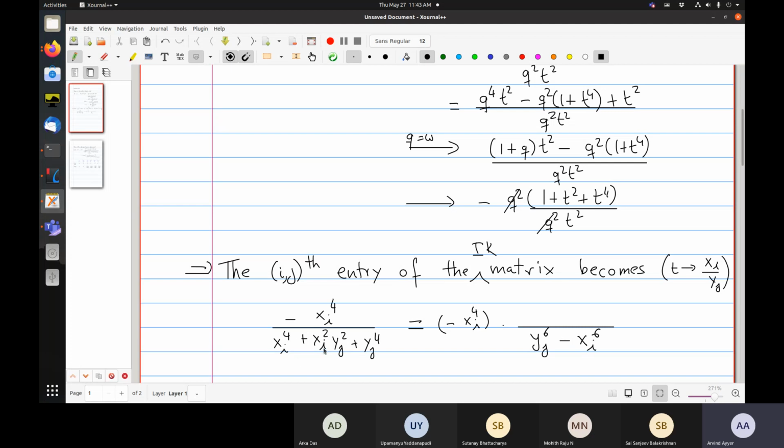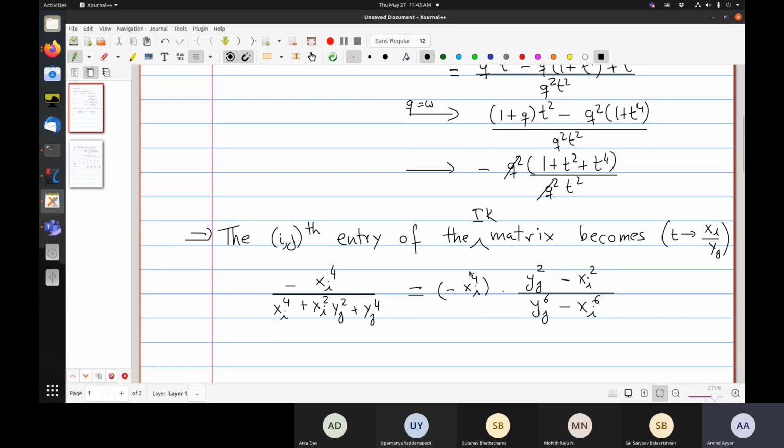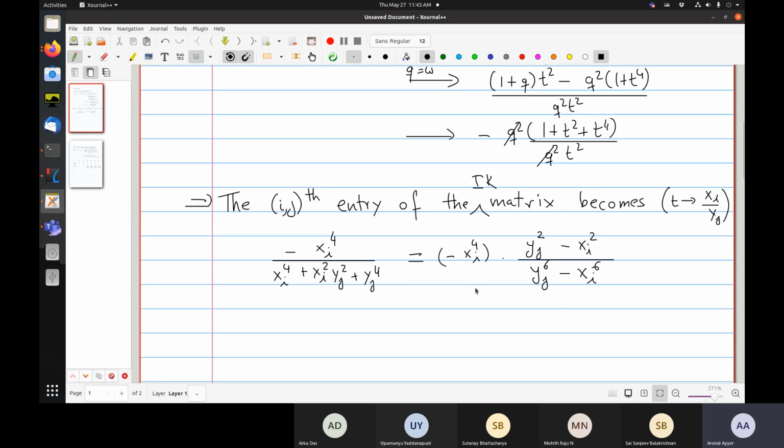This looks like something that you get when you expand xi cube minus, no sorry, this is of the form a squared plus ab plus b squared, which is one of the factors in a cube minus b cube. So I'll write it in that way. So then I get yj squared minus xi squared. So don't worry about this factor form. This will go outside.